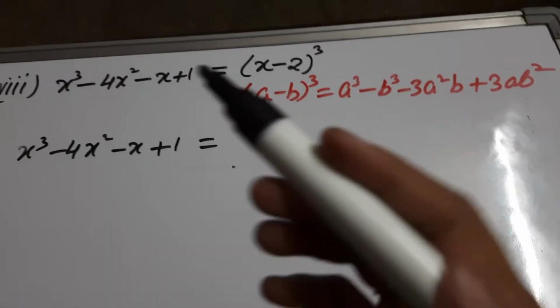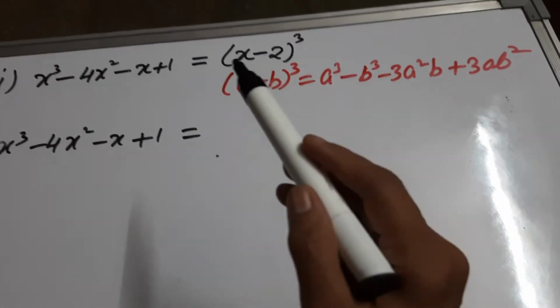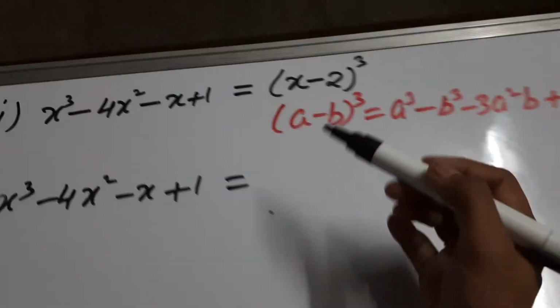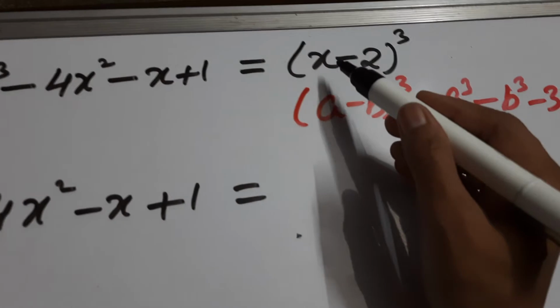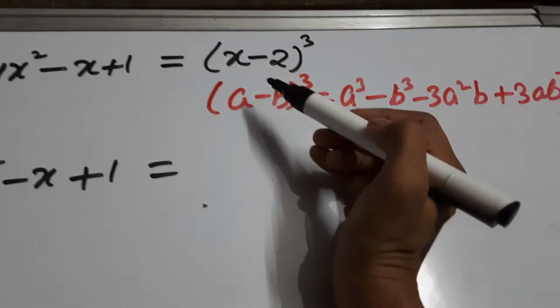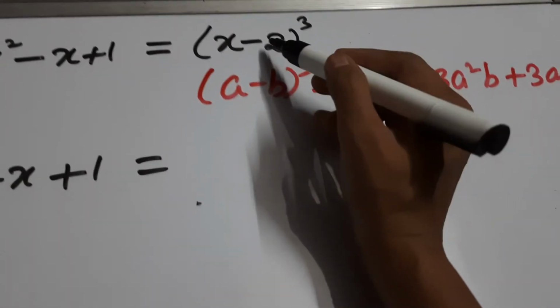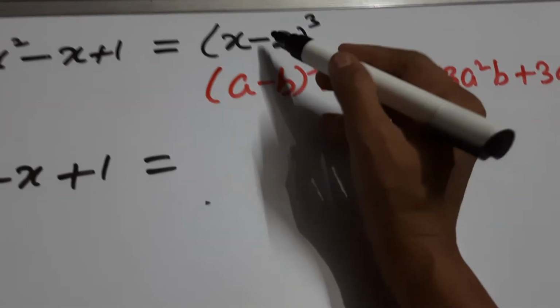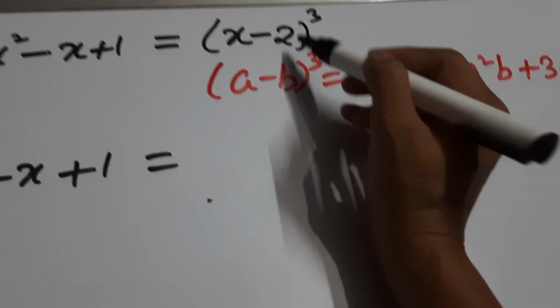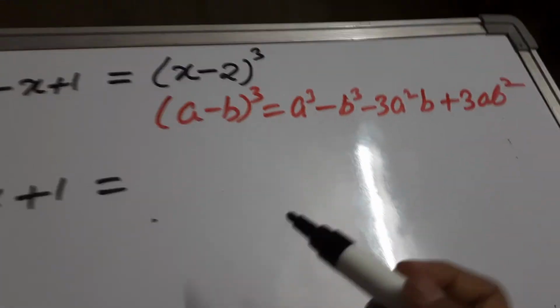So dear students, now 8th part, last part, one more part. This is carrying a minus b whole cube, means x minus 2 whole cube. So in place of a we have x, in place of b we have not minus 2. I taught you this thing in your 9th class, when you have to take minus and when not. So minus plus, so means b की value हमारे पास 2 है, right? So we will put this identity.